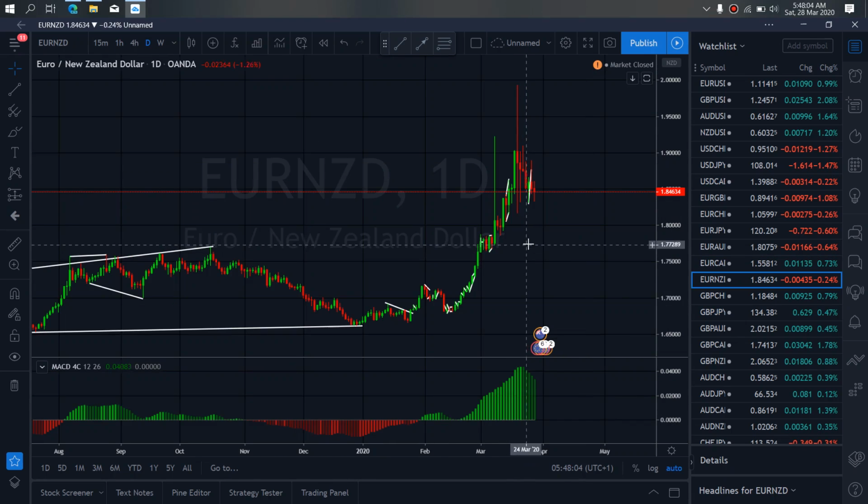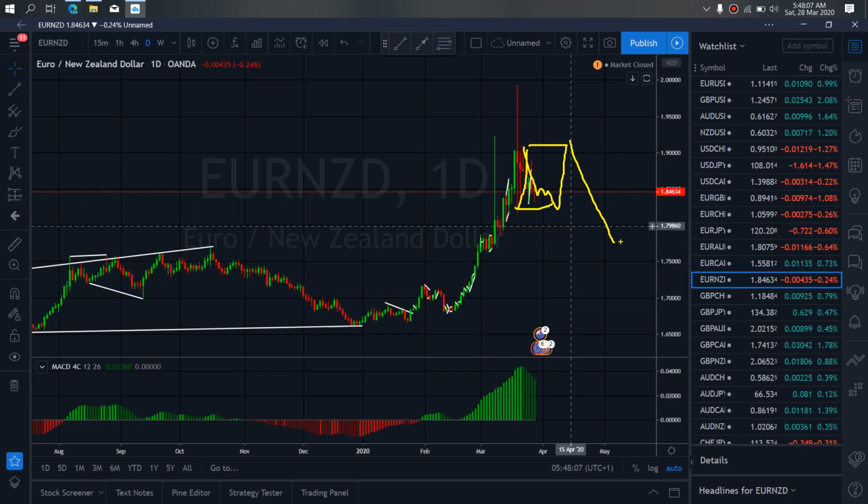More sales too. On Euro New Zealand for this week, Euro New Zealand has been on this sideways corrective structure. They got this wave as A wave. They are dropping slowly for the B. It's ready to spike back up for C wave before they come through for us with more downside